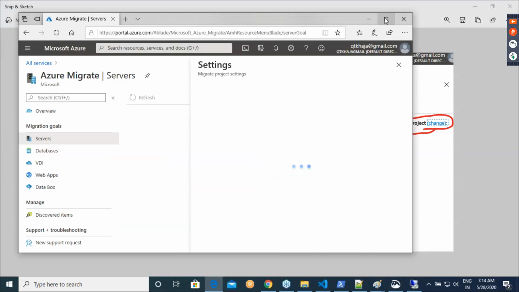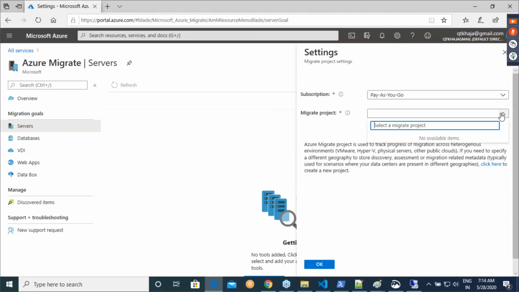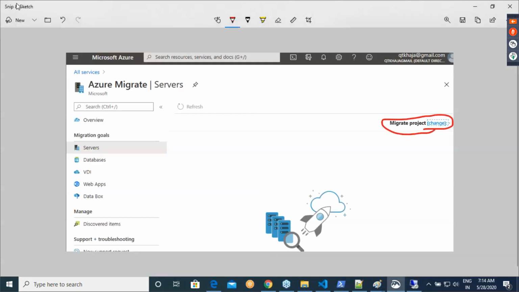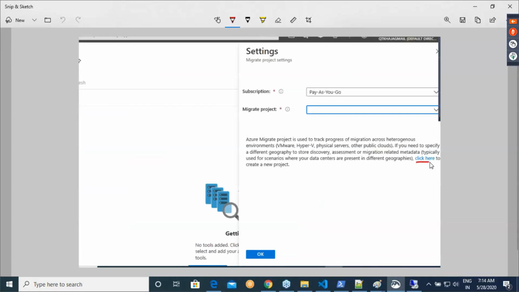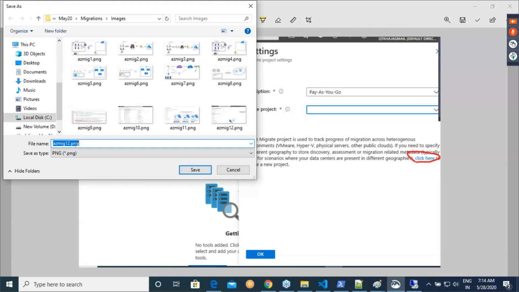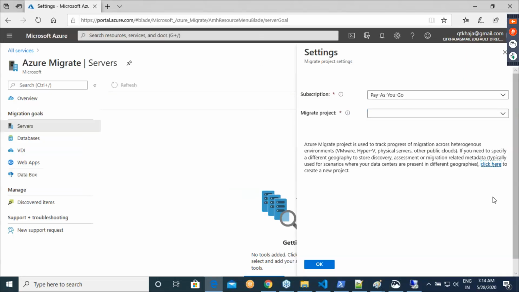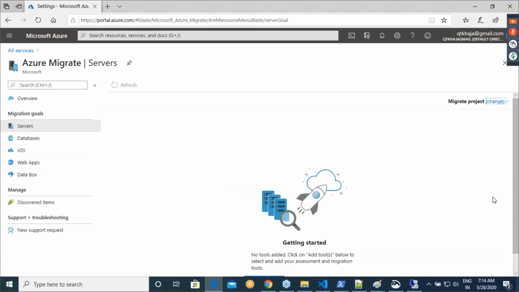Wonderful. Now let me click on change. And then what is your migrate project? I don't have any selected migrate project. If you read through this, you'll be able to find it out. Click here to create a new project. All right. So I'll be clicking over here.